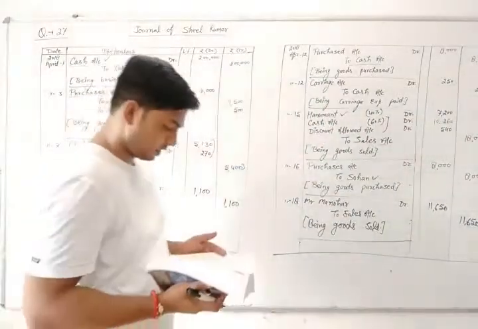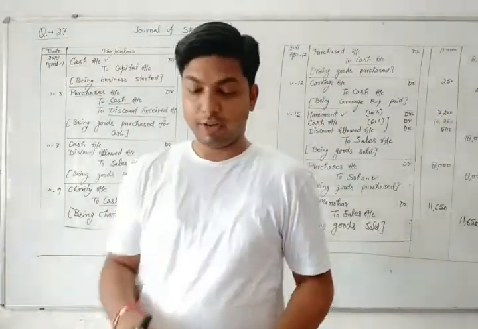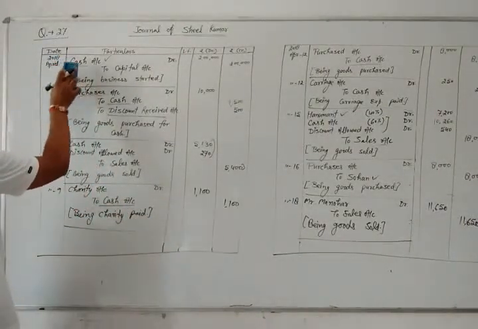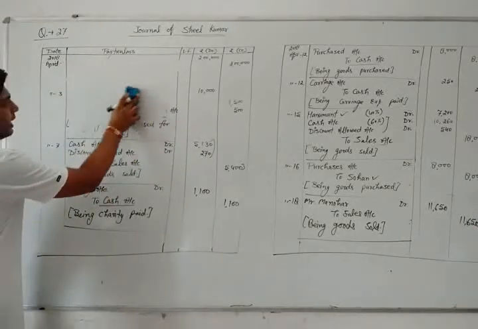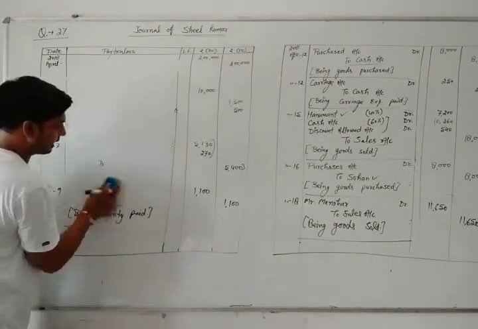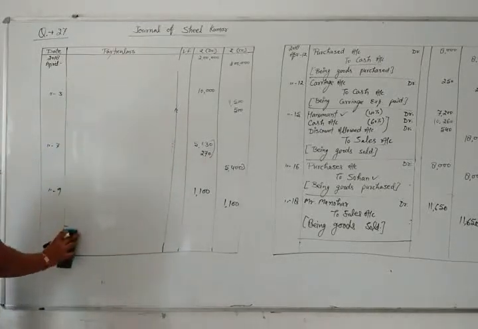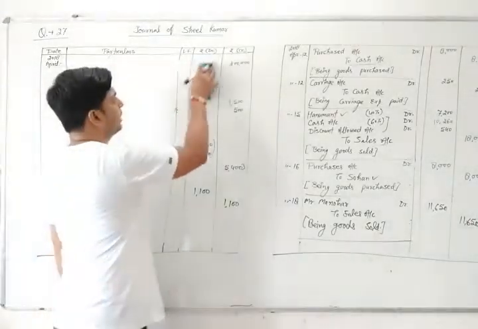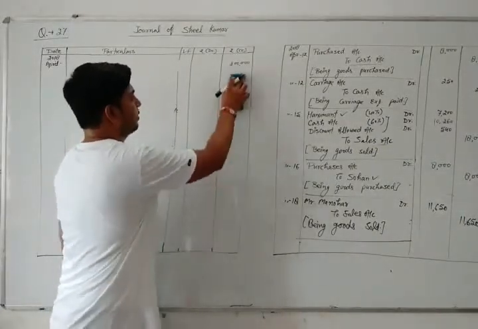Now the next entry on the 21st date, received commission through check. If we are receiving commission or any other income, that is definitely an income. So in that case, the rule of nominal account comes. In nominal account, we have the rule: debit all kinds of expenses and losses, credit all kinds of incomes and gains. So here, is this commission an income or an expense? Definitely we are receiving, it means it is an income. According to our rule, incomes are to be credited.